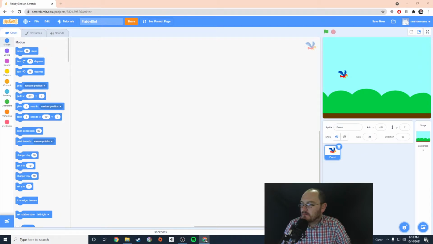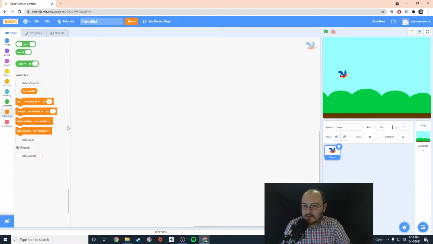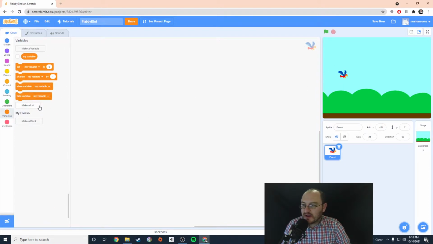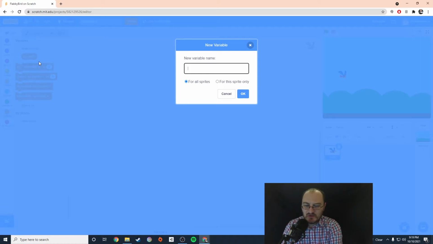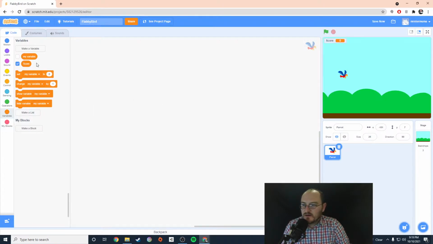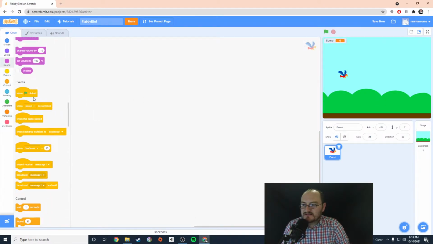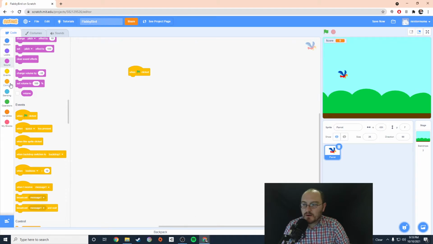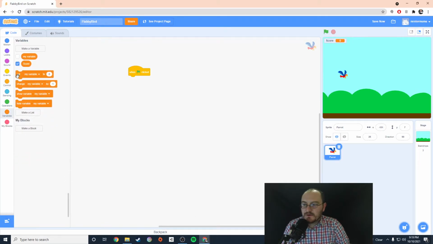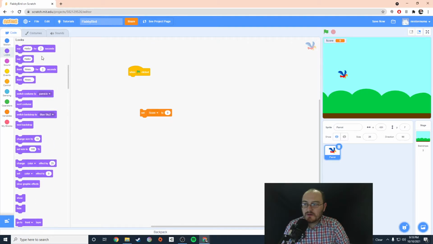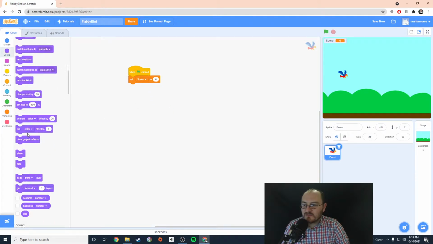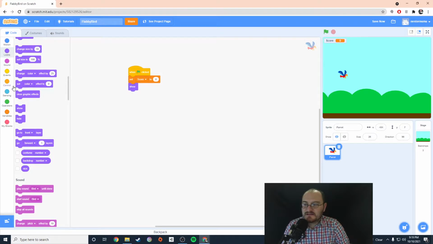Let's handle some housekeeping first. We want to set a score variable, right? Because we need to keep track of how long our bird has flapped. So we're going to create a score variable. And whenever the green flag is clicked, we want to set our score to 0, because that needs to happen. We also need to, let's show our bird. Oh, I don't know why I pulled that off. Let's show the bird, and let's set the backdrop